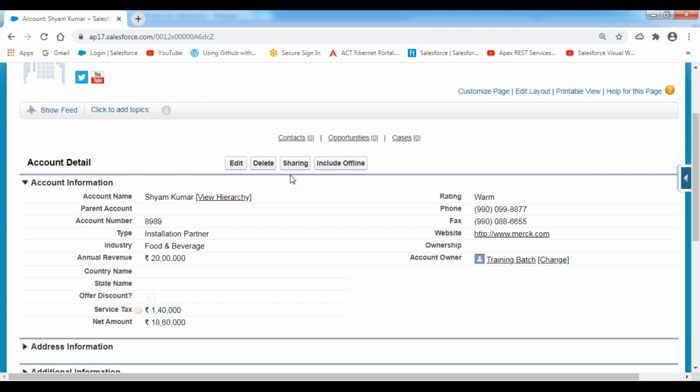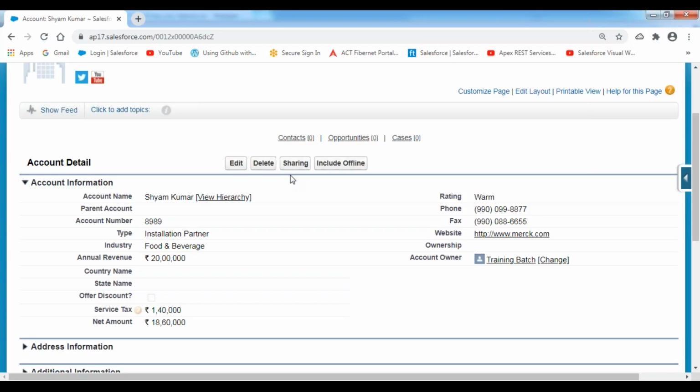But if the number of records is very large, if you want to share thousands of records, lakhs of records, crores of records, then how can we do this? It will be a time-consuming process, right? Yes, it's time-consuming. We can't share those records manually to the people. It will be very difficult and takes a lot of time to share the records to multiple people.